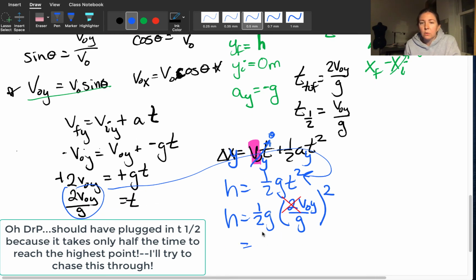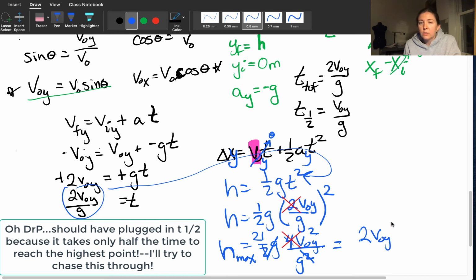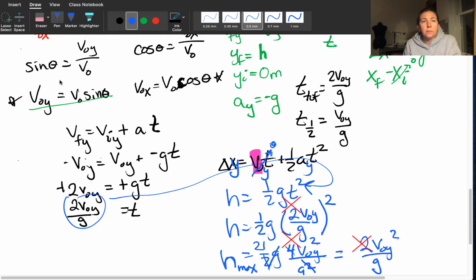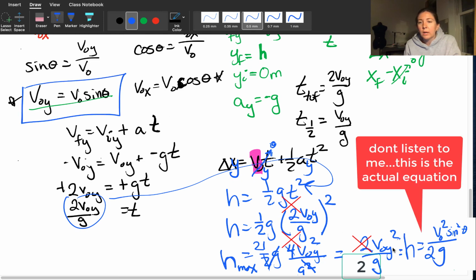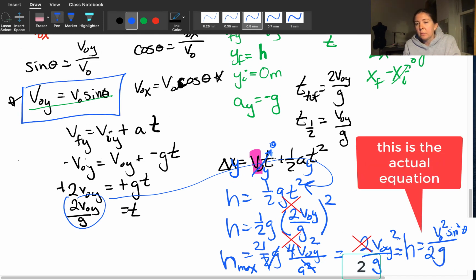So we get 1/2 g times 4 v naught y squared over g squared. This squared will cancel with this squared. 4 divided by 2 is 2. So the maximum height that the ball is going to reach is 2 v naught y squared over g. And if we plug in this for our v naught y, then the height is